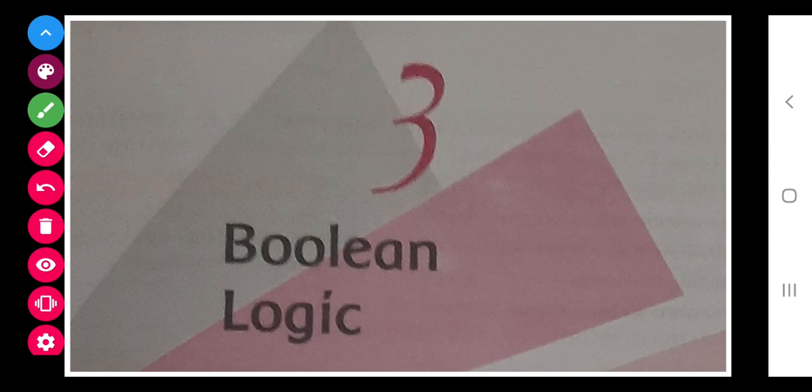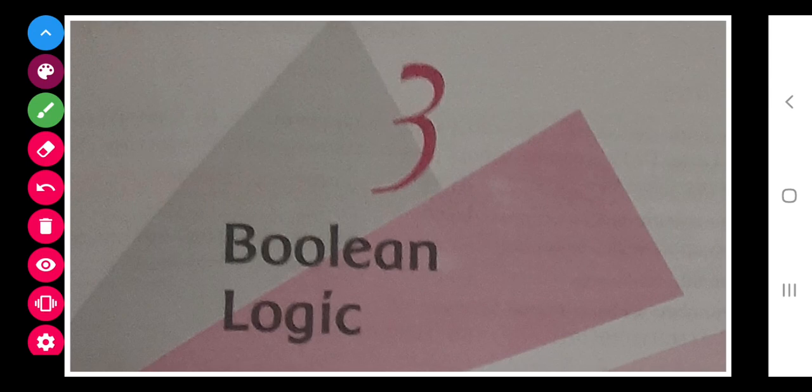Good morning, everyone. Class, today we are going to start our third chapter, that is Boolean logic. In this class, you will learn how computers take statements and work on them, and how we can use that concept to make our own programming concepts, or you can say programming software we can develop. This is a part of programming that we can use within the programs.